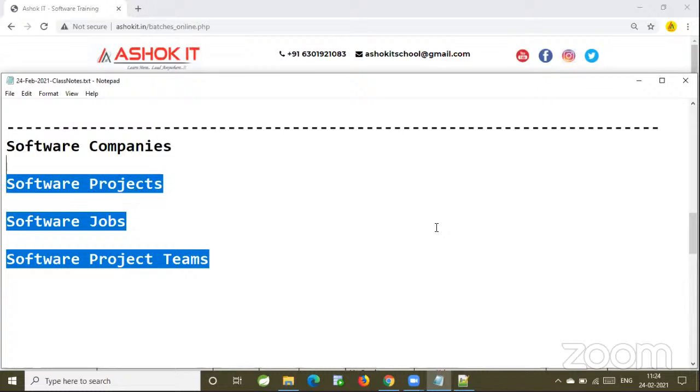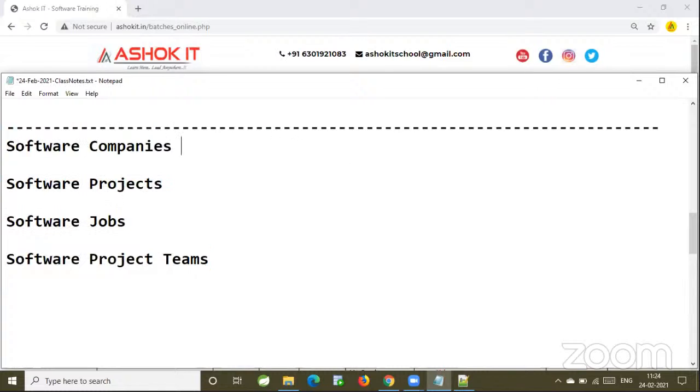All of you clear with all these 4 concepts? Yes, sir. As we have discussed, we will have product-based companies, service-based companies, and outsourcing-based companies also.